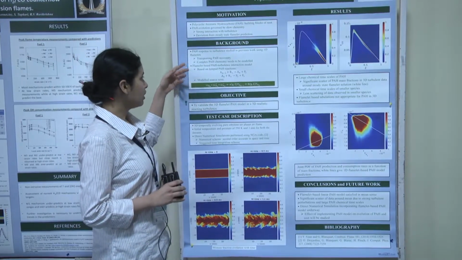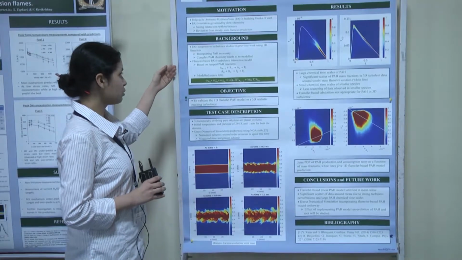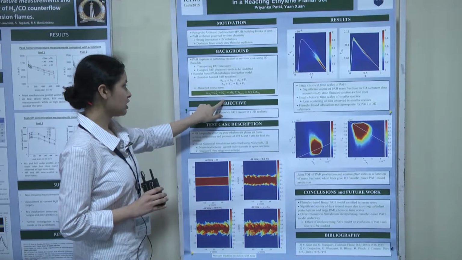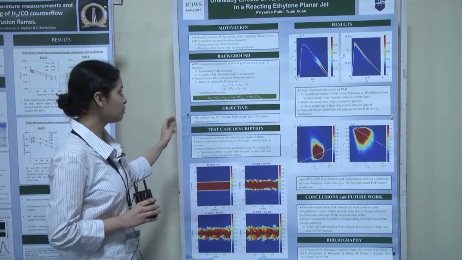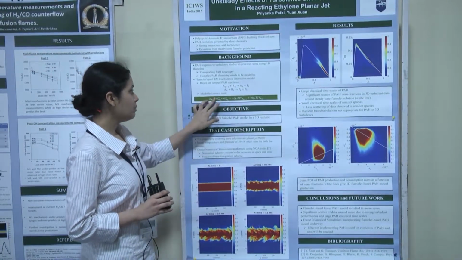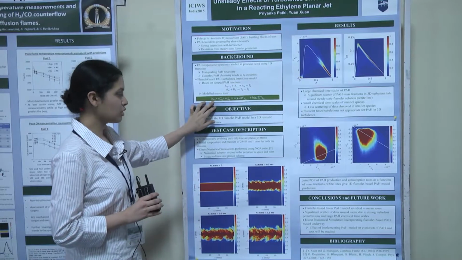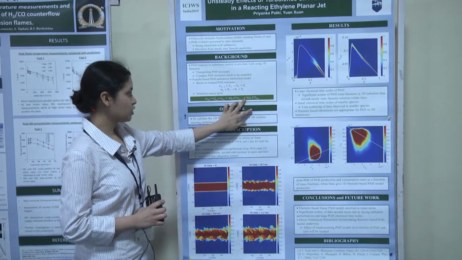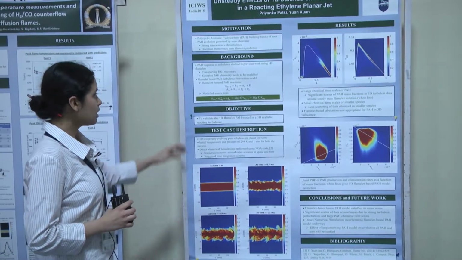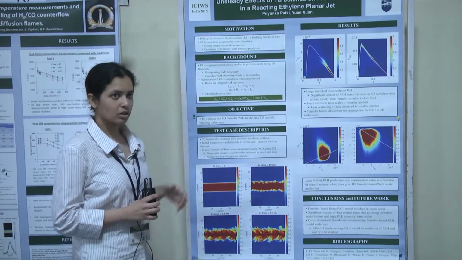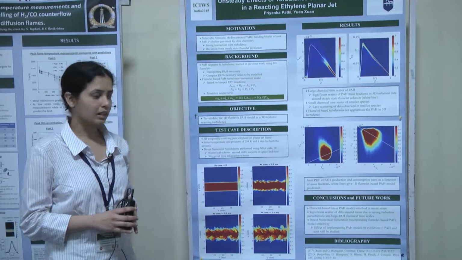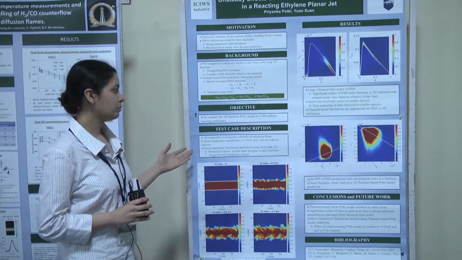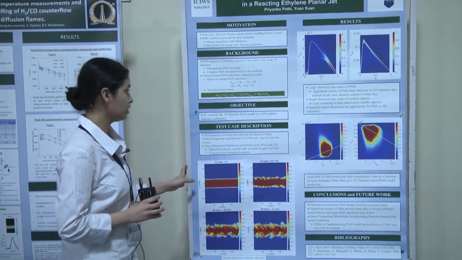So by lumping the pH reactions in such a way, we find that the rate of pH production and consumption is governed by the mass fractions of pH itself. Based on this, we can write the source terms of pH in a linear model as shown. This model was predicted based on steady state 1D flamelet data, and the aim of the current work is to validate this 1D flamelet pH model for 3D realistic turbulence.